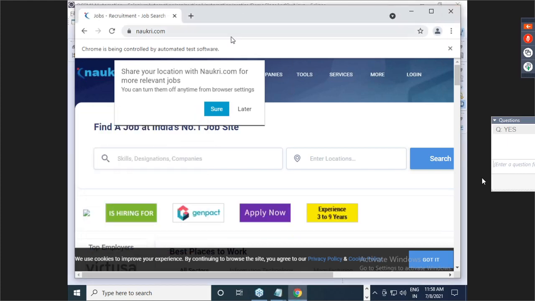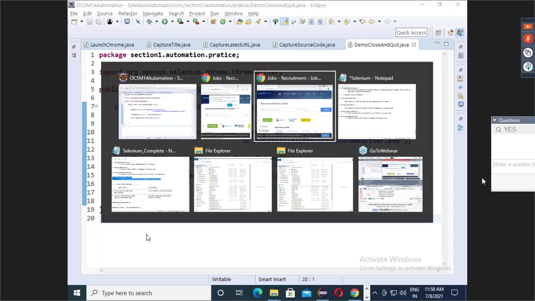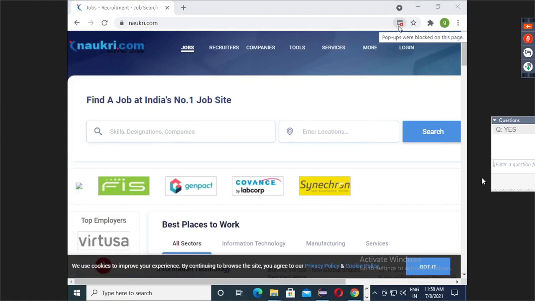Because see here, this is the browser launched by automation, and this is my browser which I open manually. Can you see something here? In our browser launched manually, pop-ups are blocked. Here also that pop-up, that child browser, tries to come, but in our manual browser, an ad blocker is there.